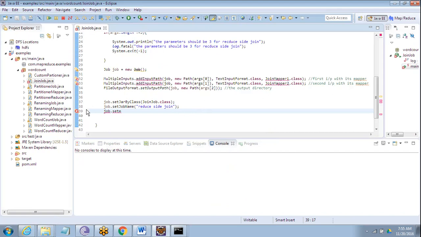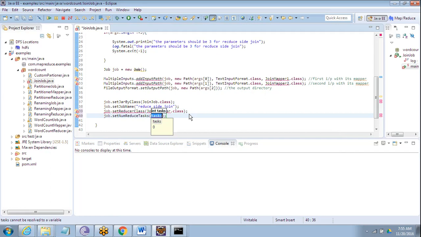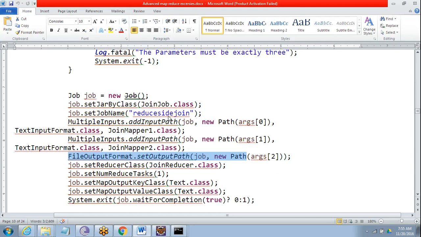reducer class. So we are saying it as JoinReducer class. Then we can define the number of reducers, job.setNumReduceTasks, let's say 1 in this case. Then job.setMapOutputKeyClass and MapOutputValueClass are needed. Okay, so we are joining both the text, as a first name and last name, so we just set that